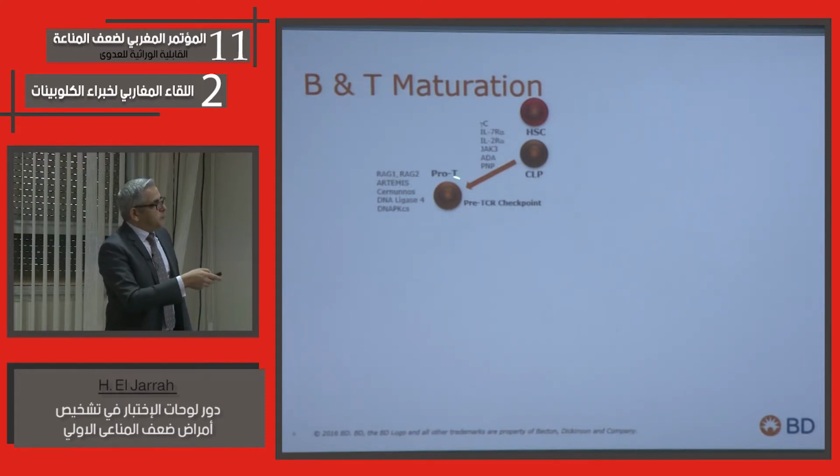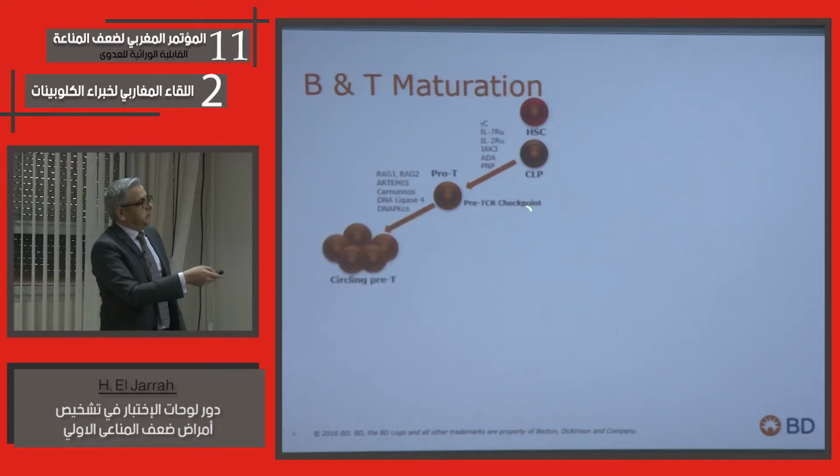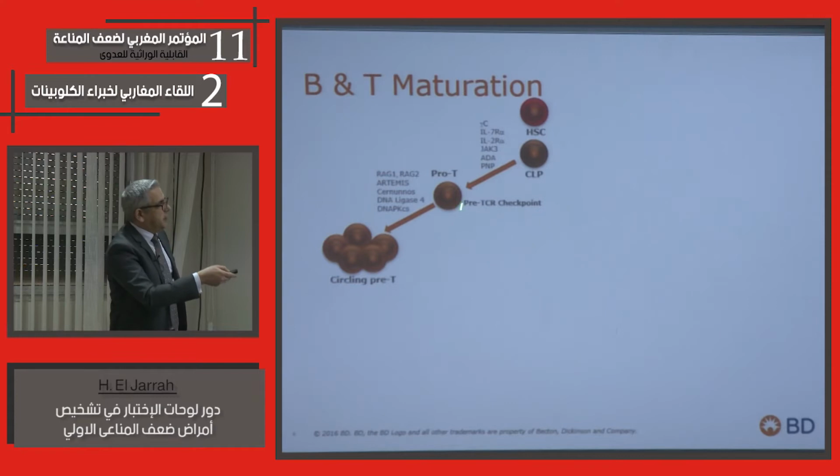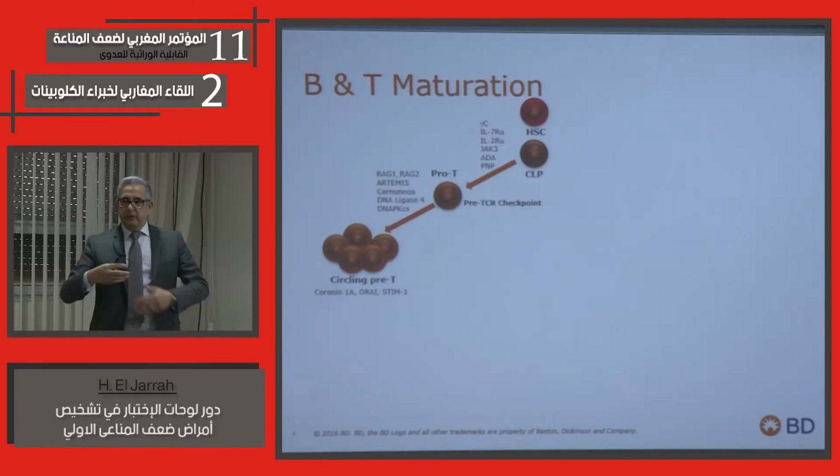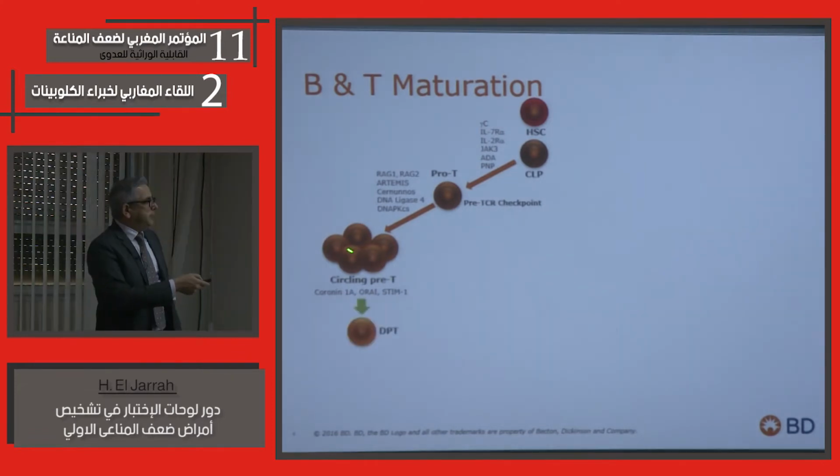This pro-T cell will start the pre-T cell checkpoint, at this pre-TCR checkpoint will further develop to becoming a circling pre-T cell. And again, more processes inside the cell and interaction that would help further develop the cell to becoming the double